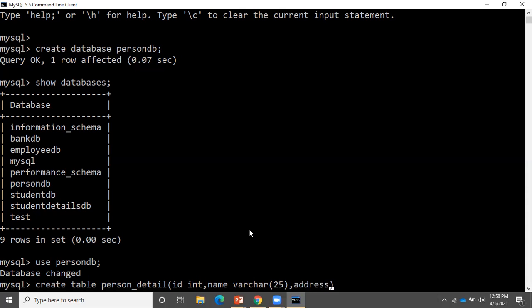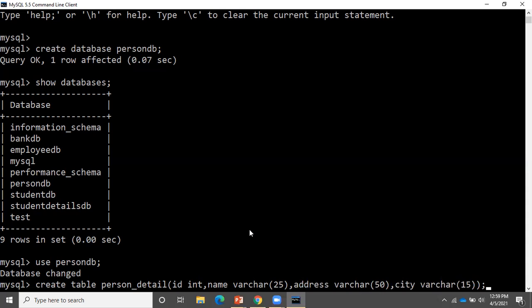This is another column, and address also I will keep with data type varchar, and I'm giving a little bigger size for address. So here I'm taking 50, and then I'm taking city for this person. City is also varchar, so here also I am taking the size as 15. Fine. These many columns I want for my table person detail. For this person, these many details I want.